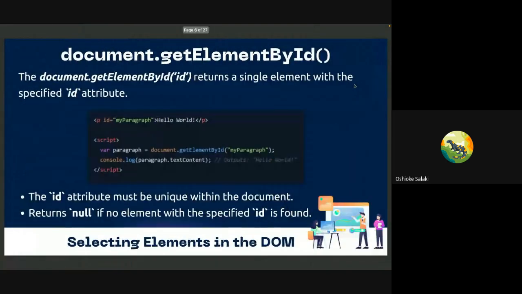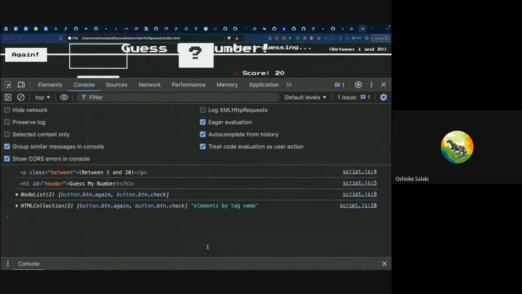So the next thing we're going to be looking at is a more detailed explanation. The document.getElementById returns a single element with the specified ID attribute. We have an example which we've done before. Then the next thing, the ID attribute must be